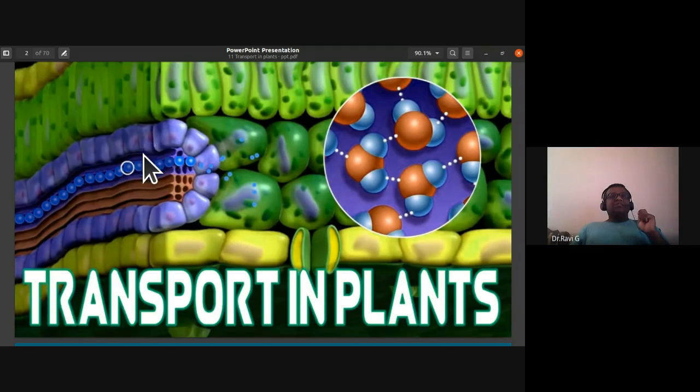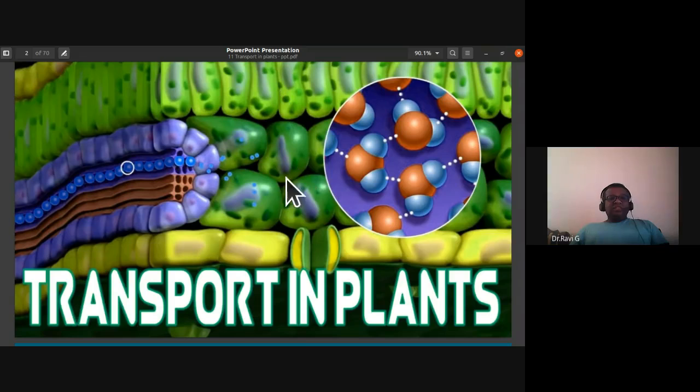Whereas the transportation brought about by phloem is multidirectional. In the background slide, it is a section of a leaf. You can see the palisade chlorenchyma, spongy chlorenchyma, and lower epidermis with the stomata. The food is taken up from the mesophyll, that is the chlorenchyma cells. We call it vein loading. The food is loaded with the help of companion cells into the phloem, and that food is conveyed to the sink region where the food is required or utilized.